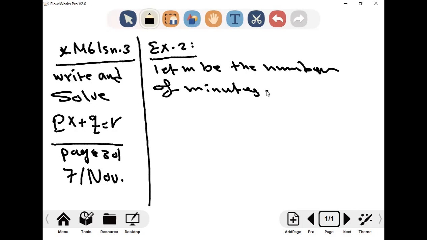And the total water is how much? 30.5 minus or plus? Minus. It is decreased, right? A minus. Now in each minute 5 gallons. But in m minutes